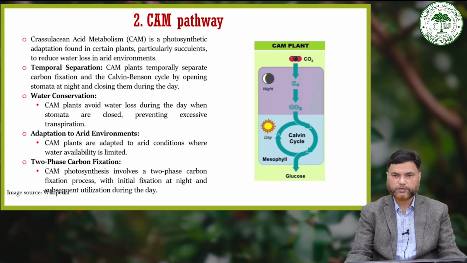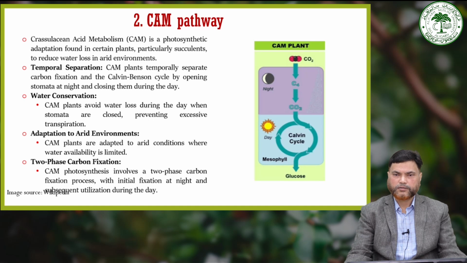So you see that what happens in this pathway during the night, CAM plants open their stomata, permitting carbon dioxide to diffuse into the leaves, and then carbon dioxide is then fixed into oxaloacetate by the enzyme phosphoenol pyruvate carboxylase, employing the same initial step as in C4 plants. Subsequently, the oxaloacetate is converted into malate or another organic acid. The organic acid is stored inside the vacuoles during the night,